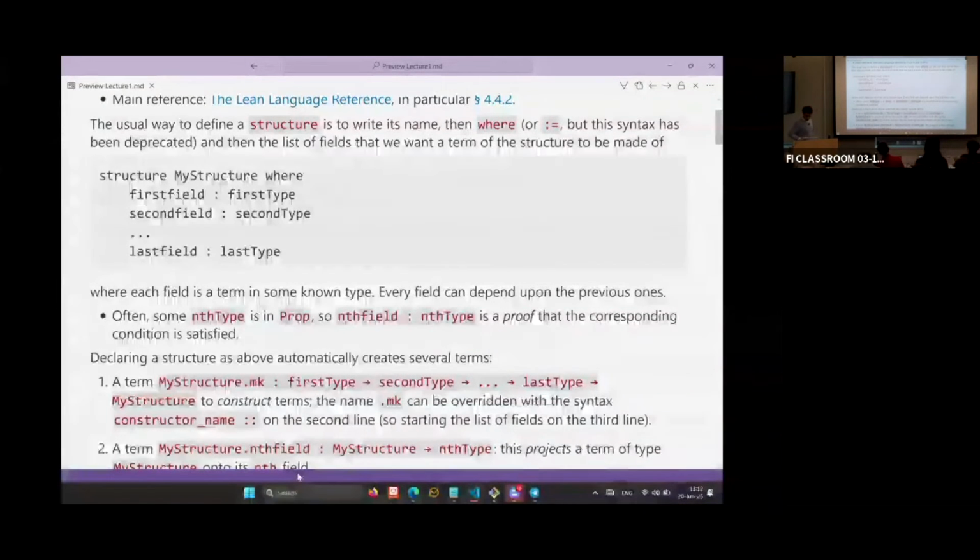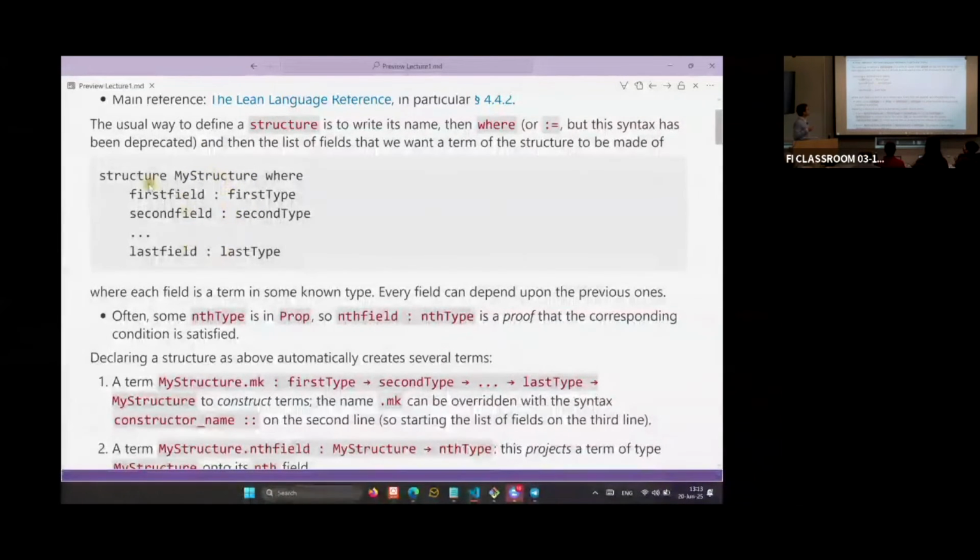So how should you read these? Structure is just something like lemma or def or abbreviation. It is an instruction to Lean saying that what follows is a collection of things, and I'm going to tell you what these things are, and then all together they construct my structure.